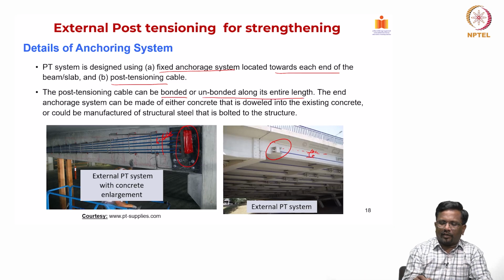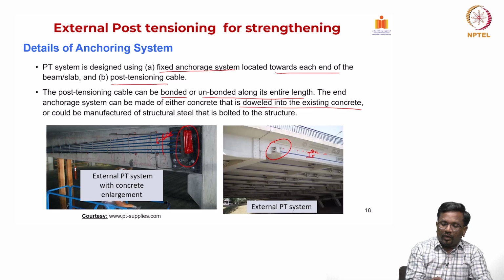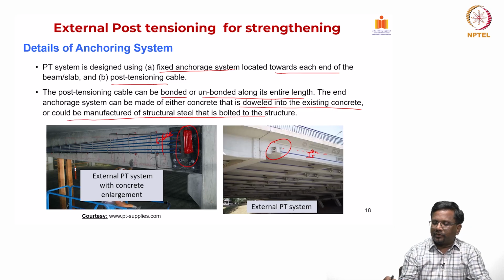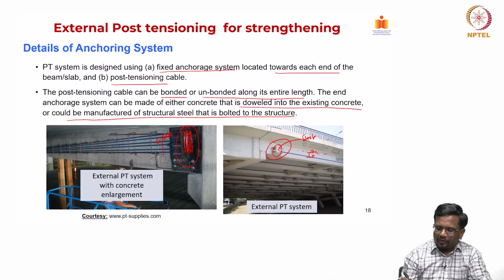So, the end anchorage system can be made either in concrete, that is doweled into the existing concrete, or they could be manufactured of structural steel and bolted. For example, this is structural steel that is bolted to the parent concrete beam. Similarly, you see here this is your anchorage system which is bolted to an existing concrete beam,